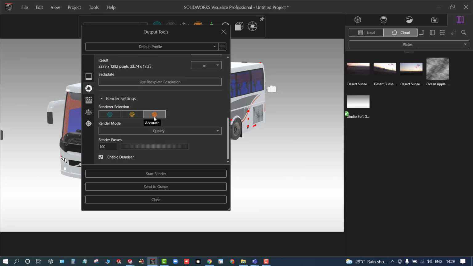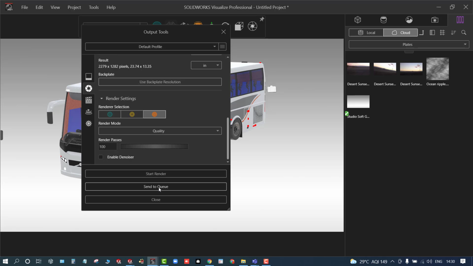So how you want to render it. This is the most accurate mode, and this is the render mode. Time limit or quality, you can utilize both. Let's say if you want to define the time limit, you can set it to 1 hour, 2 hours. Otherwise for quality, you need to set the number of passes, let's say 3000 or 4000, like that. With more passes, it's going to give higher resolution images with better image quality. Okay,